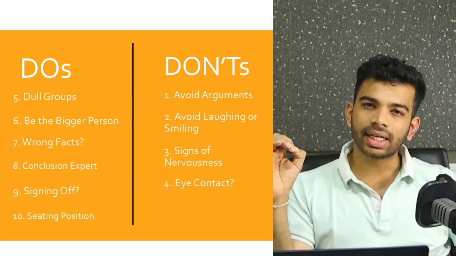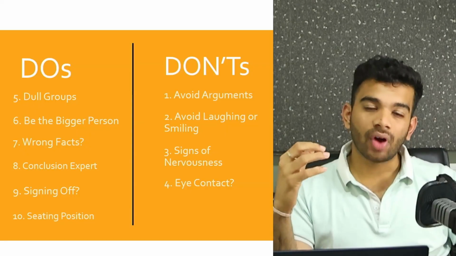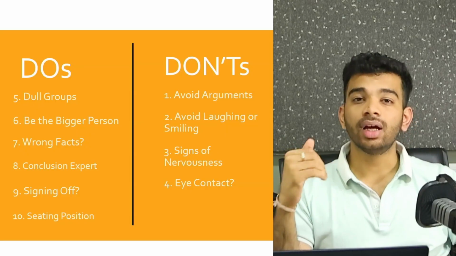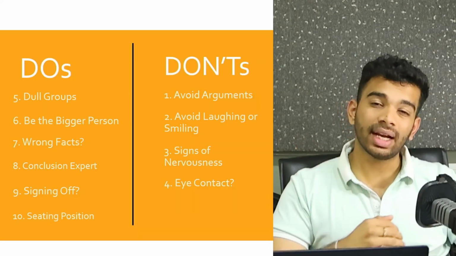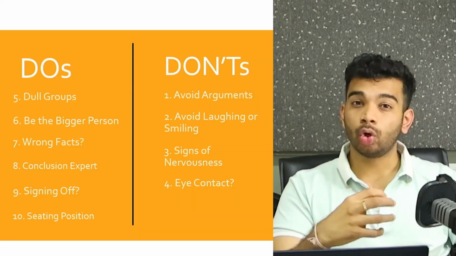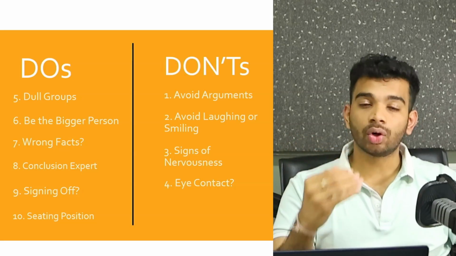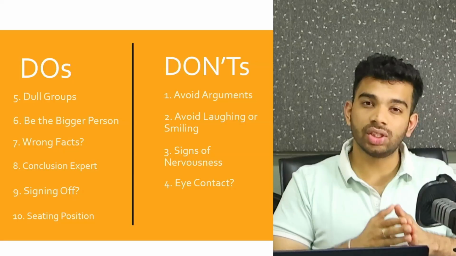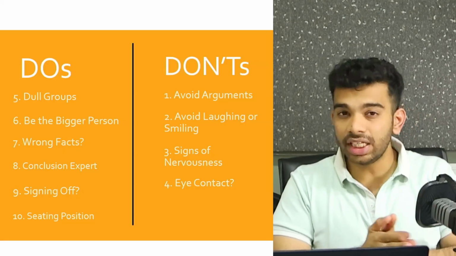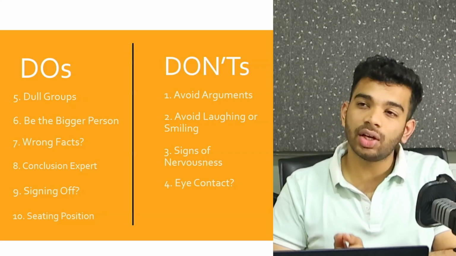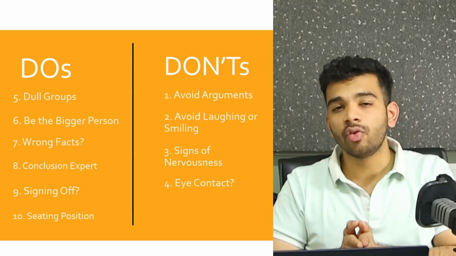The next aspect is eye contact. Now, what kind of eye contact do I want you to make, and what kind of eye contact do I not want you to make? The first part is that you maintain eye contact with all of your group discussion members. For example, whenever you're taking an introduction, I want you to maintain eye contact one after the other with each person of your particular group. And once you're done with that, you can keep on switching back and forth from one member to the other,